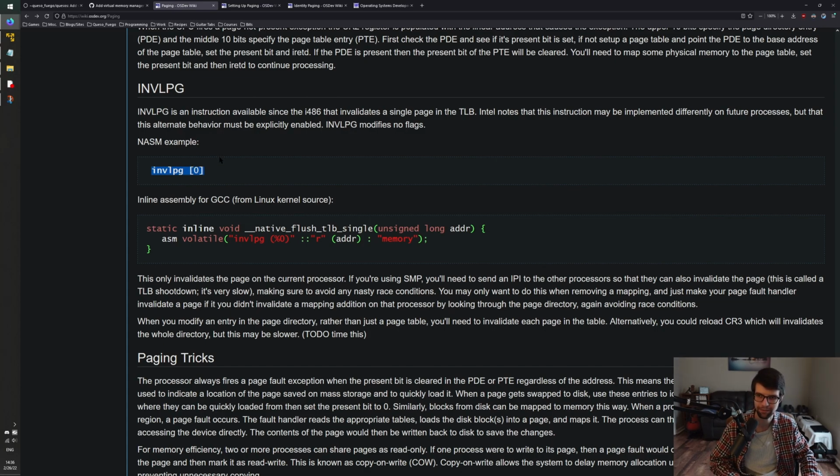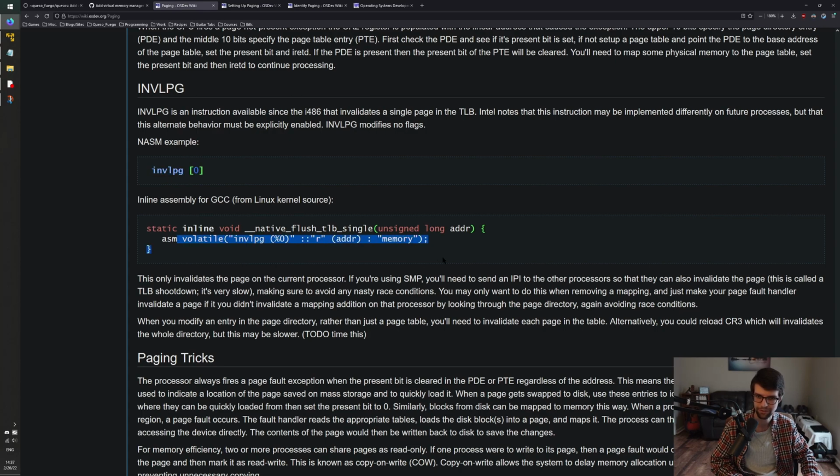but to go along with unmapping, I'm going to invalidate the page in the translation look-aside buffer, which is the TLB, which is a space in the x86 processor that holds valid addresses. It's cached. So the memory management unit looks through the TLB to see if we have a page in the cache that you're trying to access, and if so, it's faster to access it because it's been cached. But you want to make sure that anything that's in that cache is actually correct. So when you unmap a page, you're probably going to want to flush that page or remove it from the